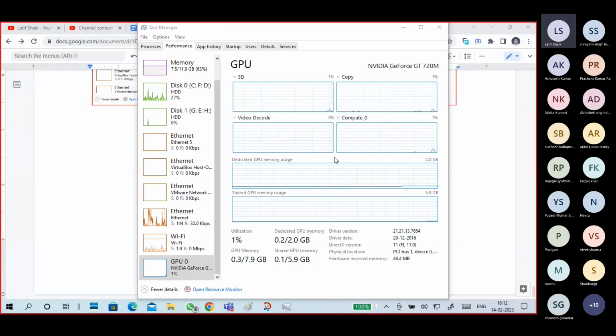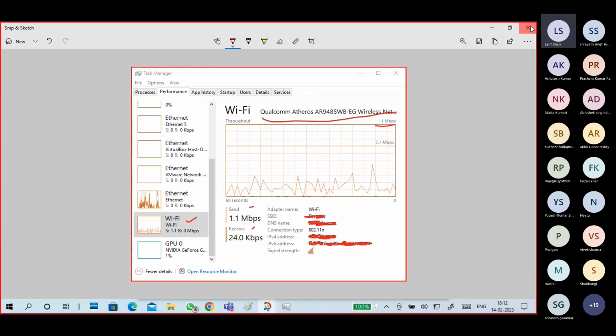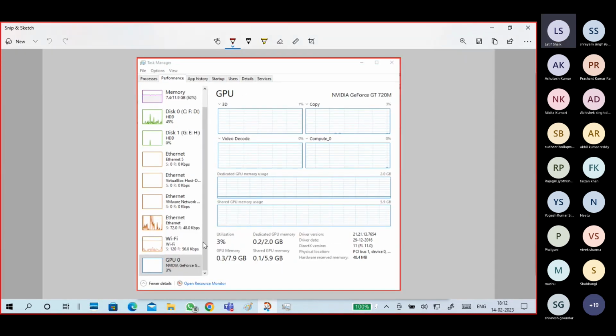Okay. This is graphic card related information. Guys, Task Manager is to manage tasks, not to check the system configuration, but we are also getting system configuration from Task Manager. Okay, this is my 2 GB graphic card. You can get it. I have a 2 GB graphic card. Other small information you can get too. This is the graphic card.